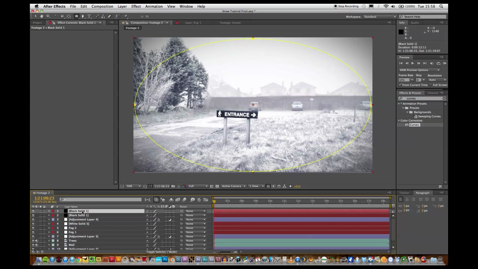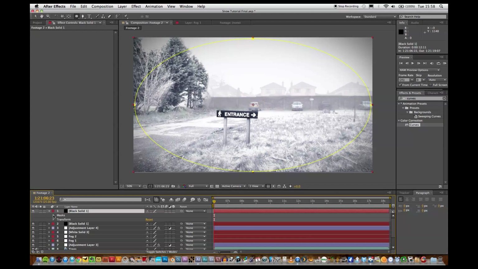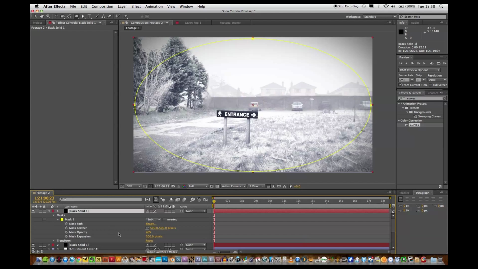What we'll do is duplicate that, but in the next one we'll leave it feathered at 500, but this time the opacity we'll have at 15, and the expansion